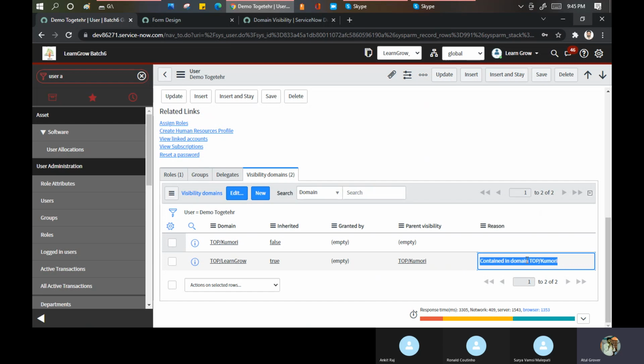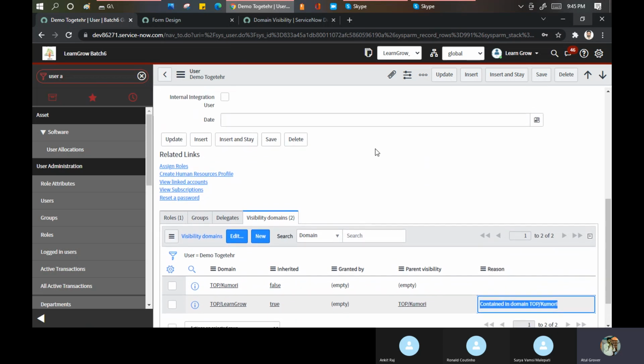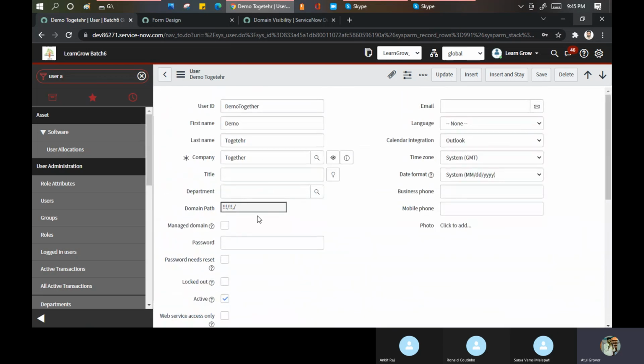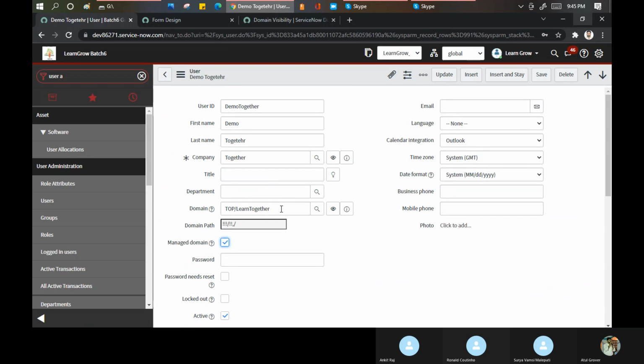But for our understanding from the consulting perspective, we can say if you want this domain to be seen by others, or other domains to be seen in this domain, then put the contains and then give the visibility in the user.